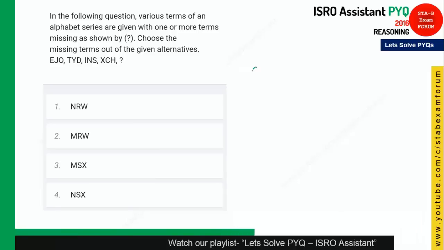It is again from the coding decoding. So as I told you, you can find 3 to 4 questions from coding decoding. Okay, so just prepare very well. Okay, so as you can see, E,